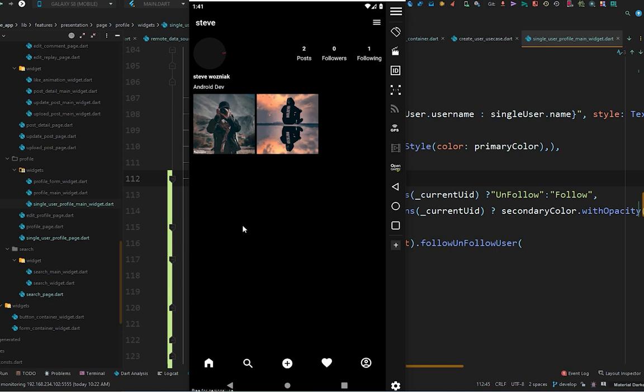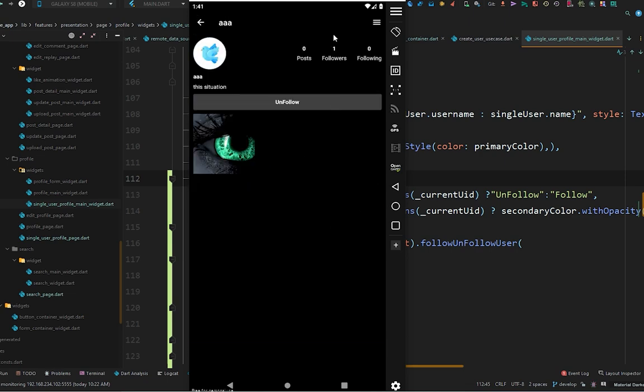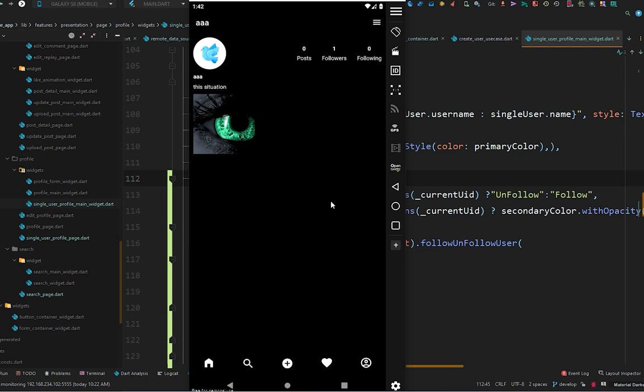So what had happened just a few seconds before, when I followed this user and his followers incremented by 1 and the button changed like this: now the followers of this user contain my ID, so that's good. But some weird things happen here. My profile shows up for some seconds and then disappears, and then also in my profile I got authenticated